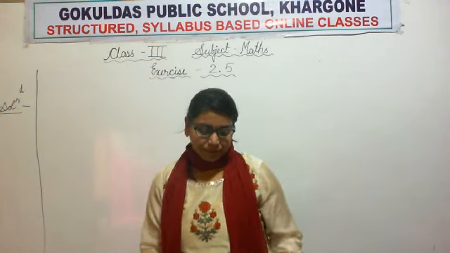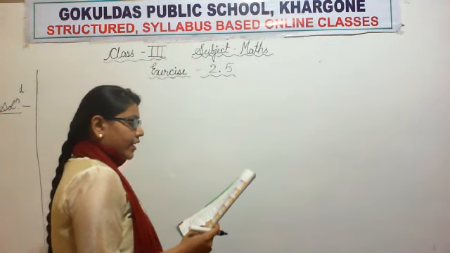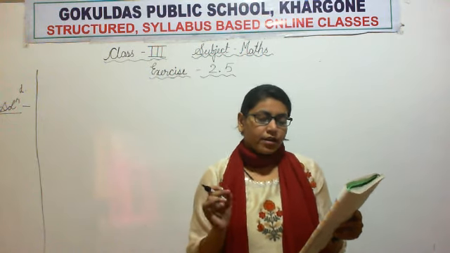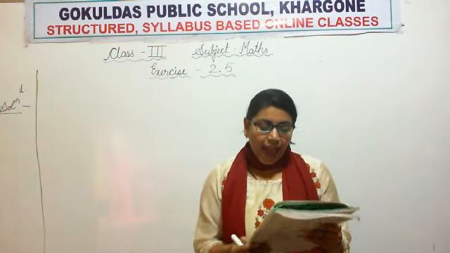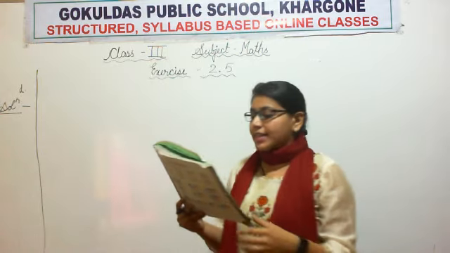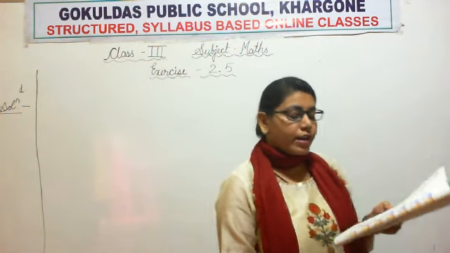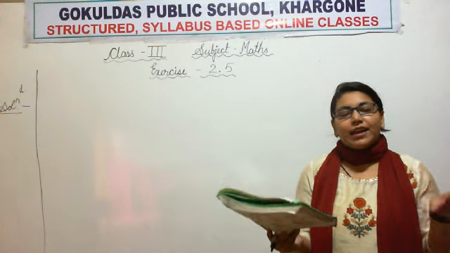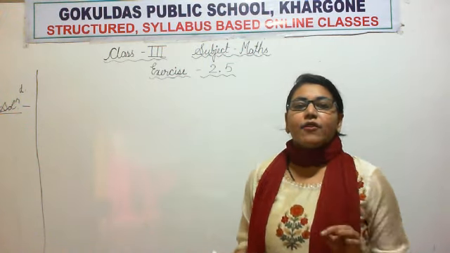Part D. There were 235 sheets of pages in one bundle and 195 sheets in another. There are 2 bundles. One is having 235 papers and second is having 195. How many sheets of paper were there all together? Since all together is written there, we got to know that we have to do addition here.